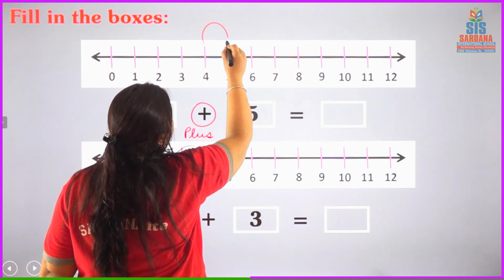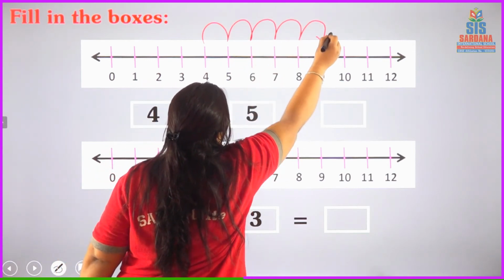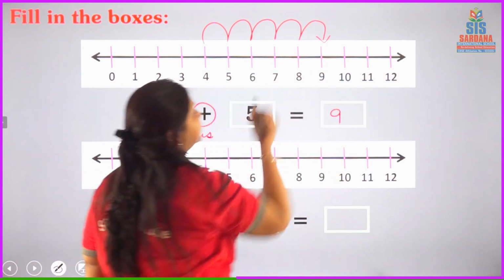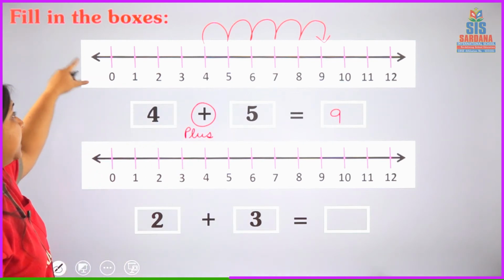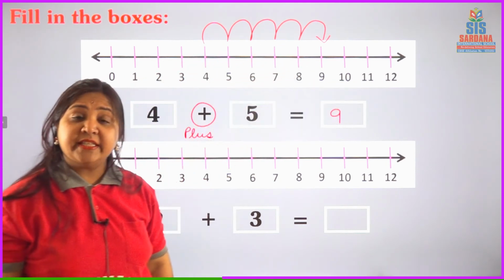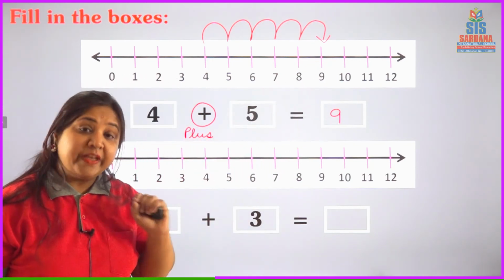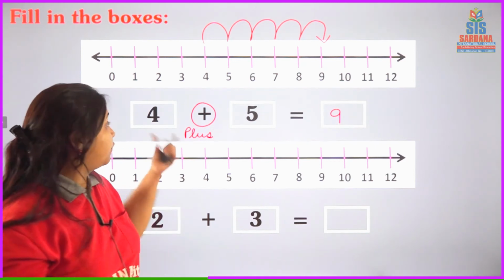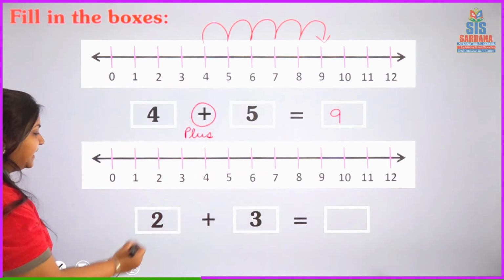Okay? So from 4, I have to count 5 steps forward. That is what, children? 9. Okay, what is my answer? 9. I will start it from 0, this number 9, in both the directions. Arrow is there. Equal mountains are there. I did not forget to put the arrow to the answer. Always you have to remember these things. After solving, you have to recheck this. Okay? So 4 and 5 will make together 9. Isn't it easy? Now next.